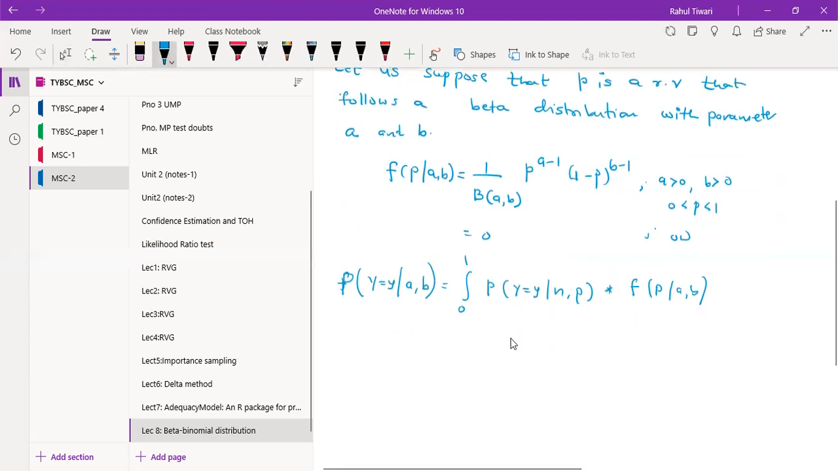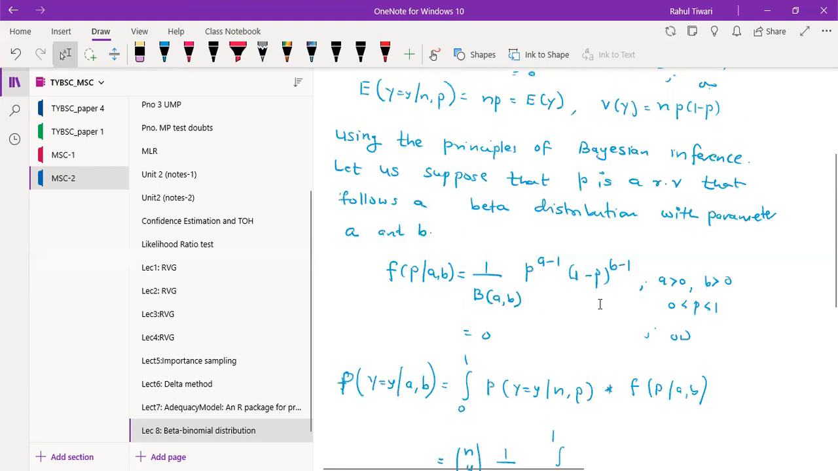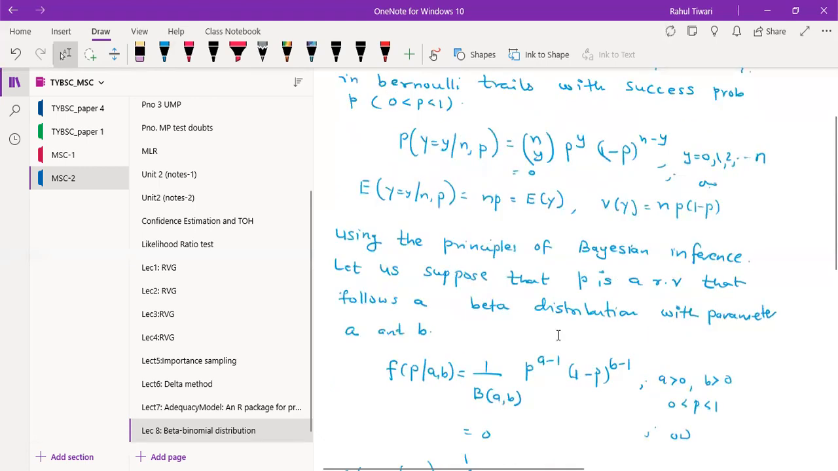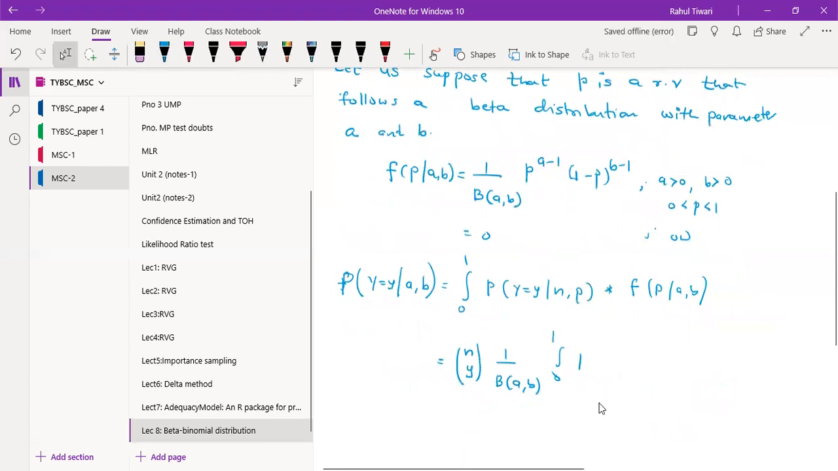So when you simplify this, substituting everything, nCy is a constant. I'm skipping a few terms here, since I'm not writing each and every step. We work from 0 to 1. So what is the next step? You can substitute this PDF and this PDF here, and get it simplified. So I'm just collecting the terms. We have p raised to y here, p raised to a minus 1 here, so we merge it. So this is y plus a minus 1. Similarly, for the 1 minus p term we have n minus